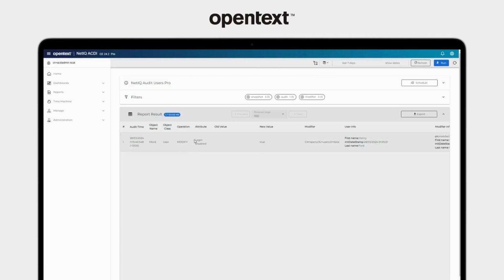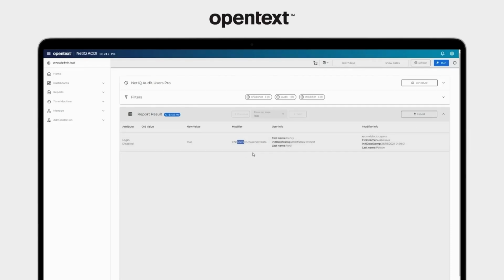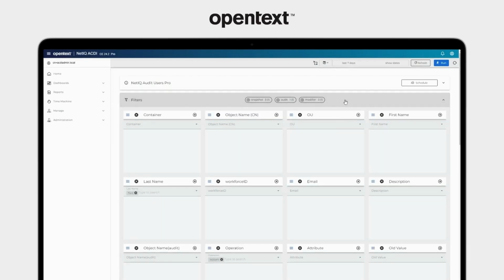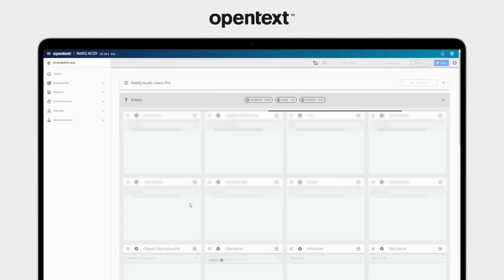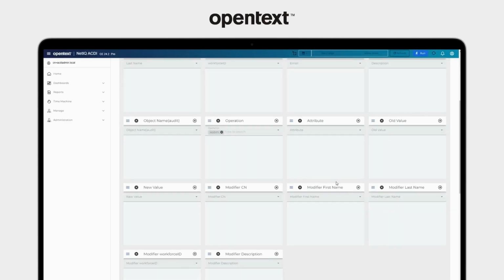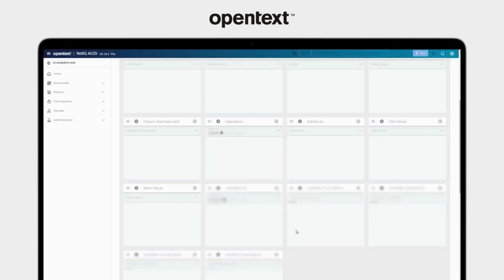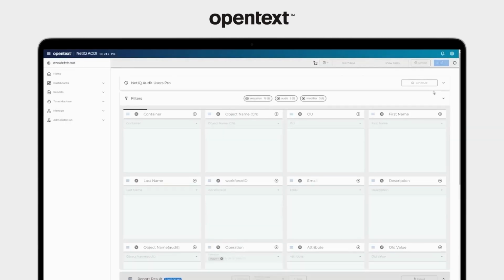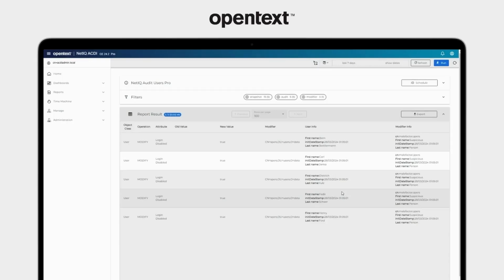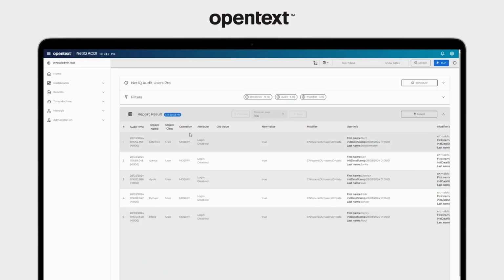Okay, you see here that this user's login was disabled by a John Doe user, a suspicious person. Now that you have the DN of the modifier, you can check if there are other changes this user made during the last 7 days. And what are they? Let's check. So here is a list of users whose login was disabled by the suspicious person.